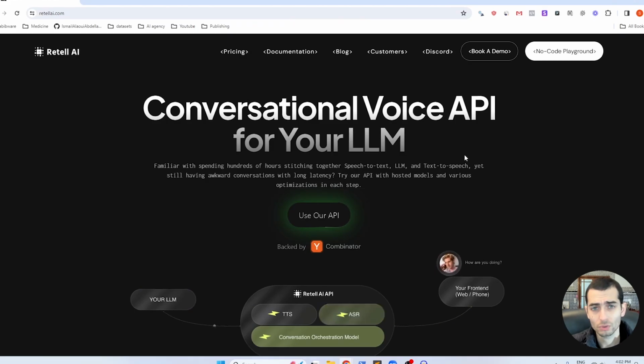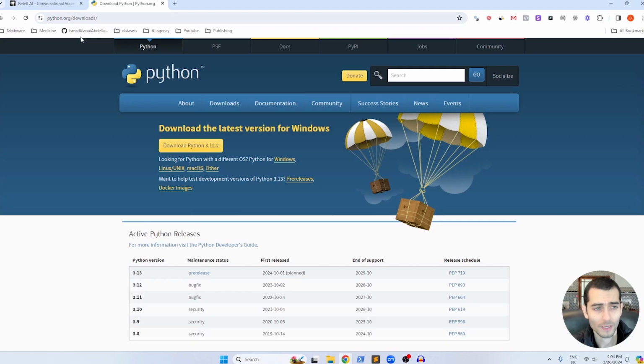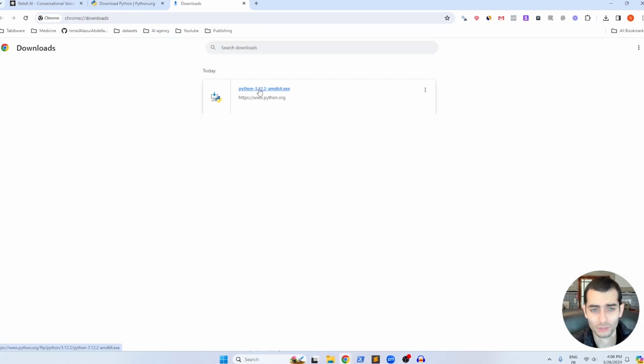So the first thing that you want to do is to install Python. So we'll go ahead and open the official Python website. So the web page to download Python is at python.org/downloads. I would advise you to actually download the latest version that you can see here. So just click on this button and it should start downloading Python for Windows. Then you should simply click on the downloaded file and it should be very straightforward to install Python. I will not do it right now because I already have Python installed, but yeah, it should be very easy